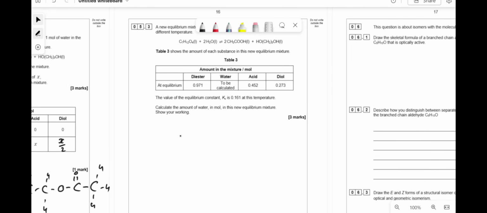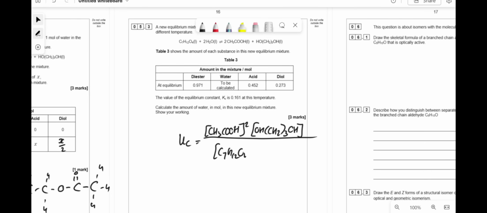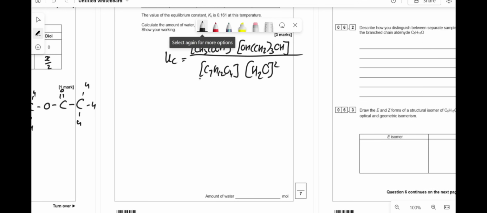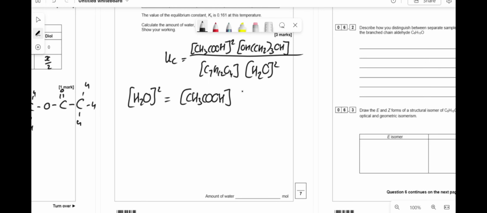So Kc is going to equal the concentration of CH3COOH squared times the concentration of the diol, HOCH2CH2OH, because of the 2 to 1 ratio, divided by the concentration of C7H12O4 and then H2O squared. Okay, so what we need to do is rearrange this. I'm going to multiply both sides by H2O squared and then divide both sides by Kc. So that gives me H2O squared equals CH3COOH squared times HOCH2CH2OH, all divided by